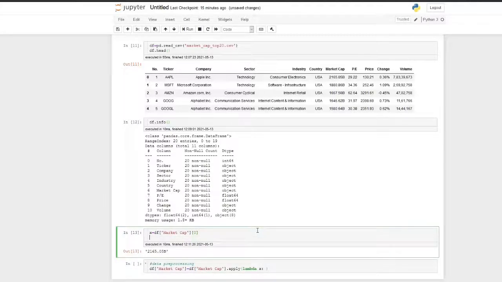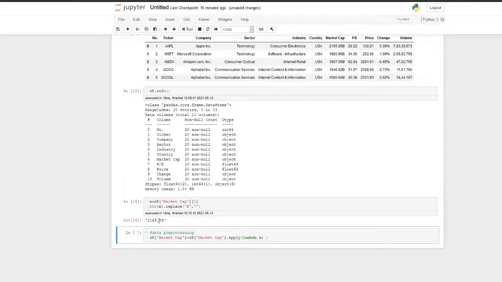What is required is a replace function: replace capital B with a null string, that is just removing B. If I remove B, I will get the value, but it is in string format, so I have to convert that into a float.